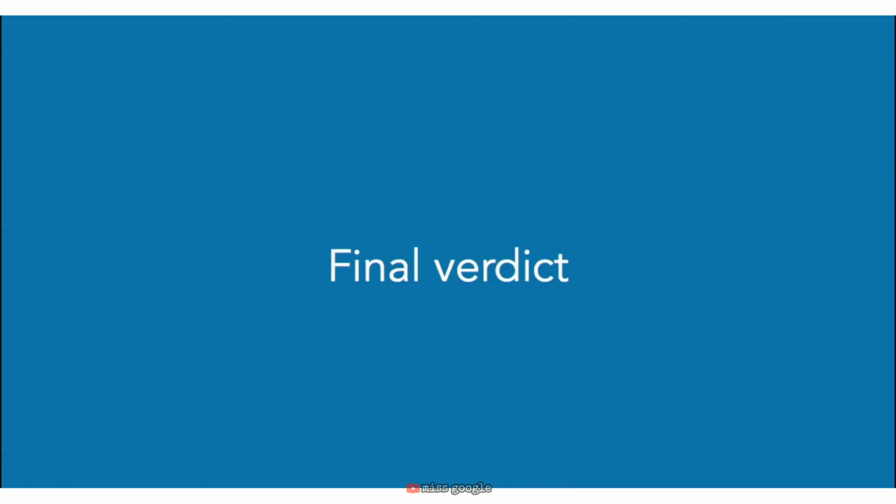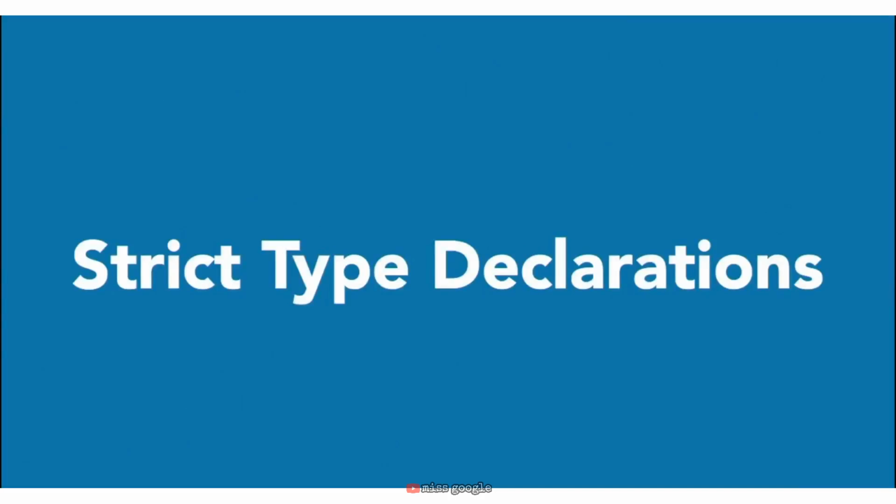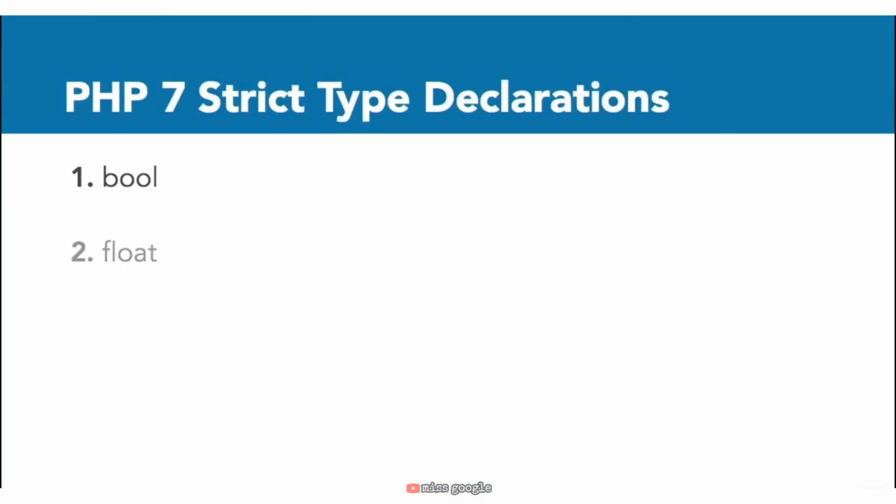You probably should too, but there is no reason you have to use type declarations. So if you don't like type declarations in general, you are really going to dislike strict type declarations. Strict type declarations are a way for us to remove even more of the dynamic features of PHP. Recall in the last video, I mentioned that PHP added some scalar type declarations. Also recall that we discussed how PHP, being a dynamically typed language, we can treat some types as other types